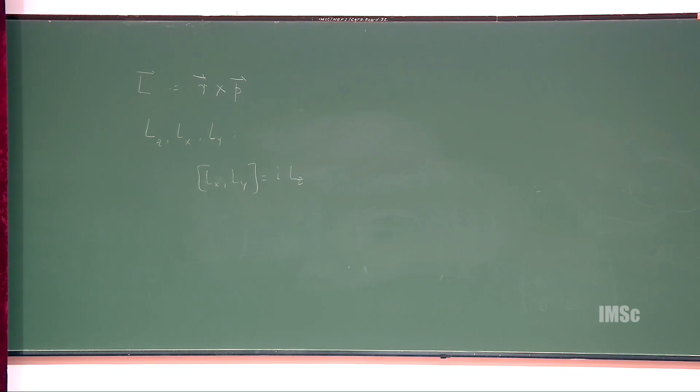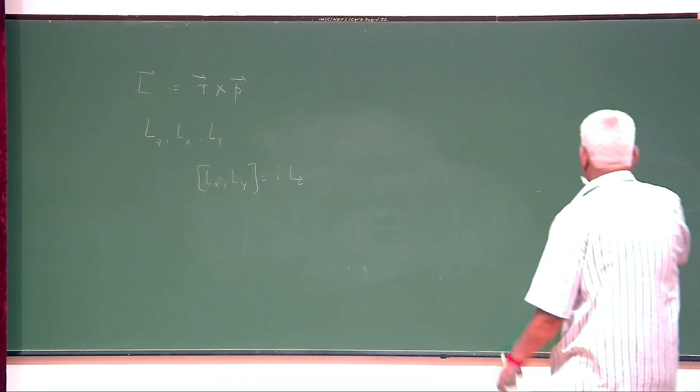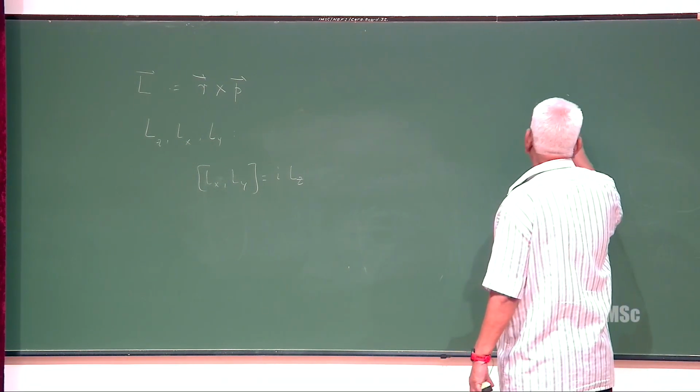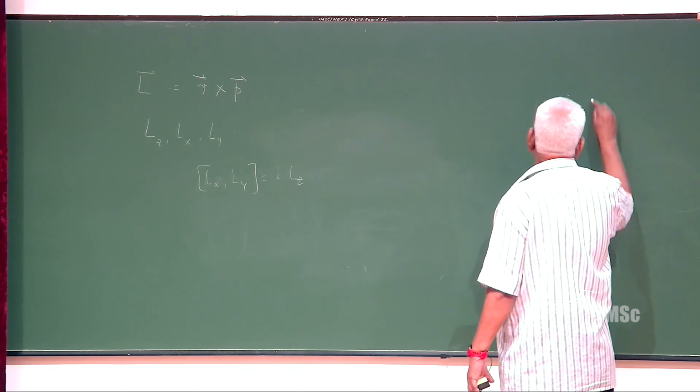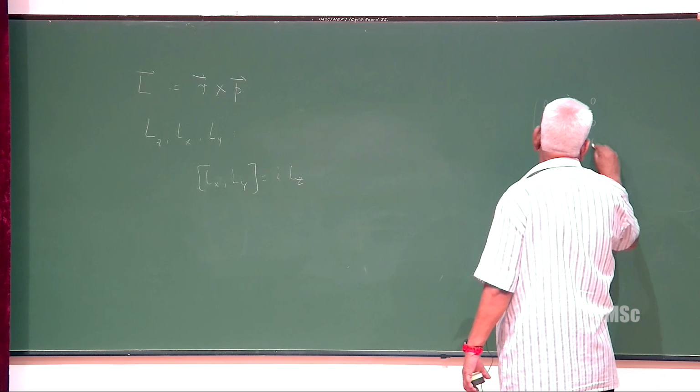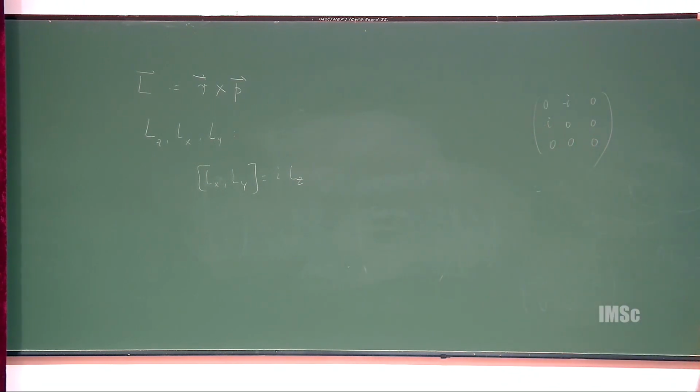It is this matrix: 0, i, minus i, or minus i here, plus i here. If I keep this as Lz, similarly I work out Lx, similarly I work out Ly, and find the commutation relations of these matrices. Matrix multiplication all of you are familiar with. You can multiply 2 matrices, AB minus BA. You will find exactly identical. Okay? So, that is why we call this